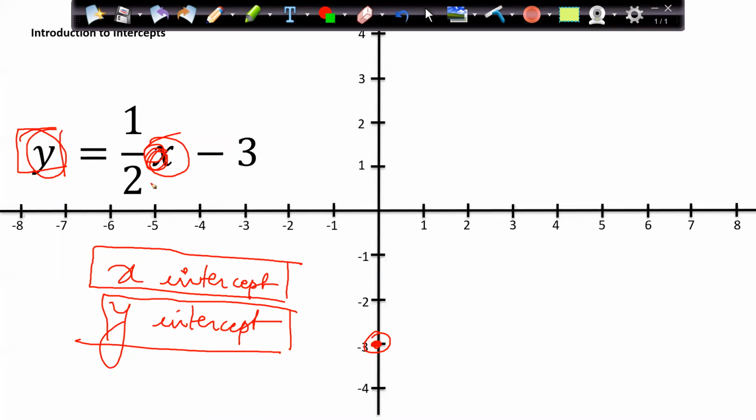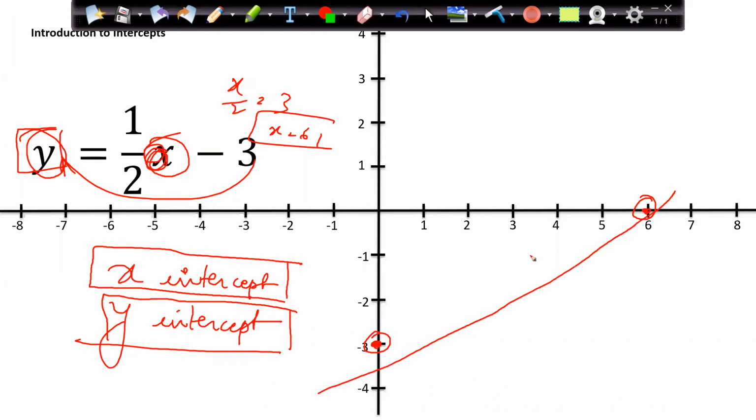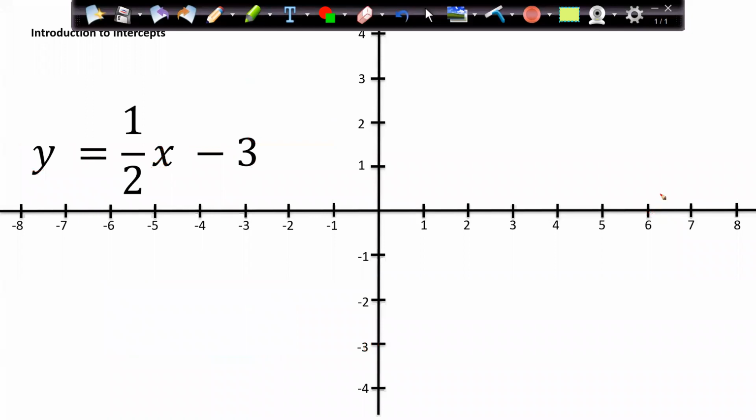Because this is 0, 3 goes here. So x by 2 equal to 3, x equal to 6, or not? So when my y is equal to 0, what is x? That is my intercept. So when I am passing a line where this line is cutting, basically, ignore my drawing,